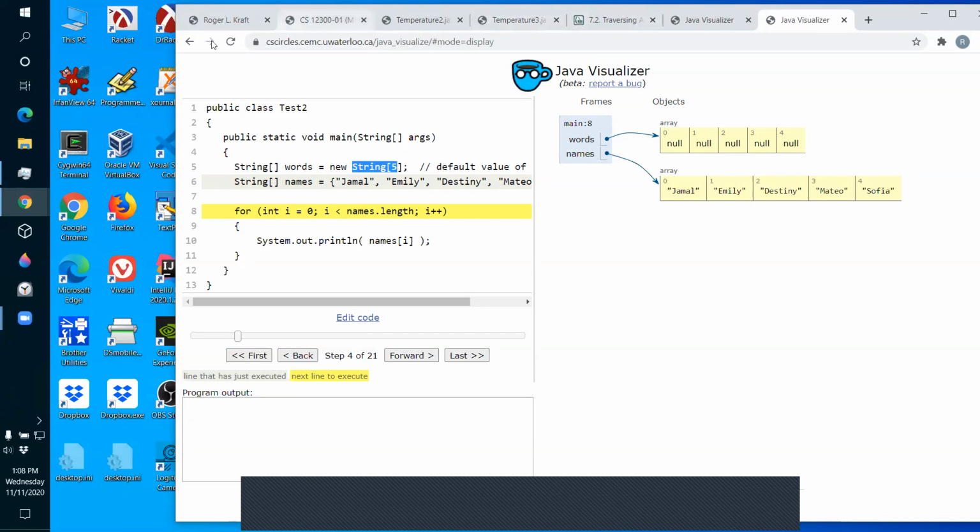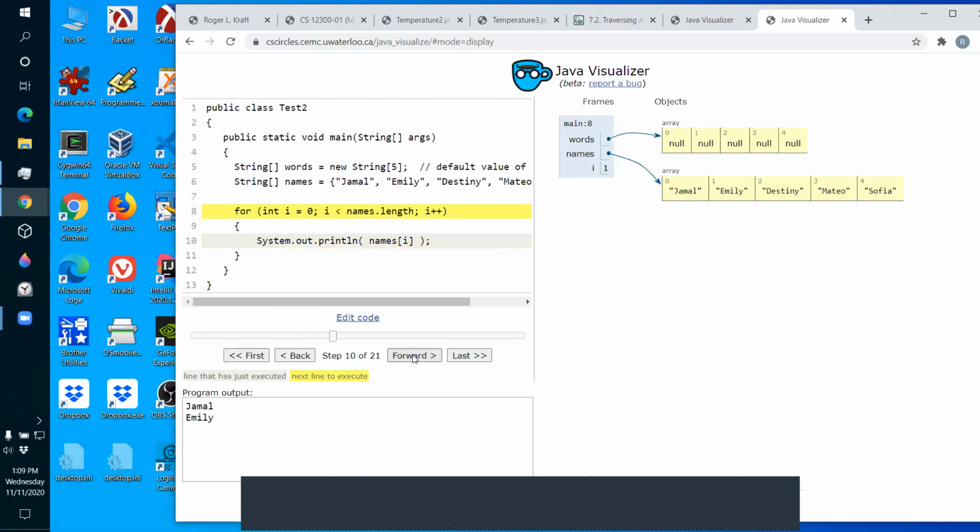Now, here would be a traversal of the names array, starting at 0, strictly less than names.length, increment the index 1 time, and this is just going to traverse the array and print the names. So we create the variable i as 0, and now we print out the first name of the array. Then we increment i to 1. So now we're at that entry in the array, so we go down here and get that entry of the array and print it.